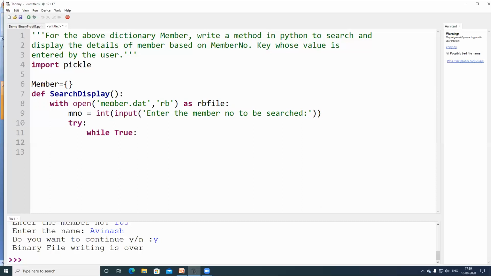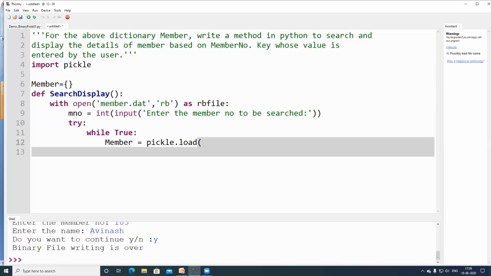In order to do that, member is equal to, this is my object which is going to hold the data from the memory. How will you be loading it? pickle.load. Where is the data present? The data is present in the file handler, rb file.